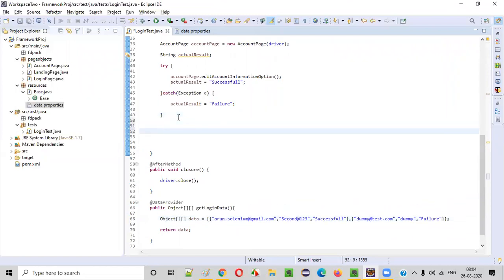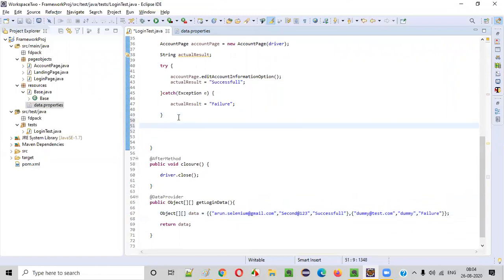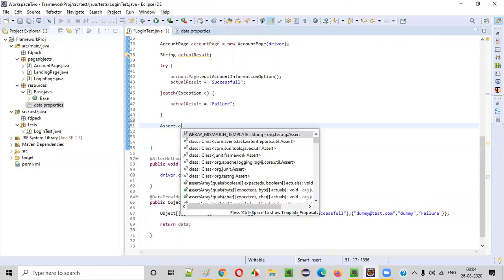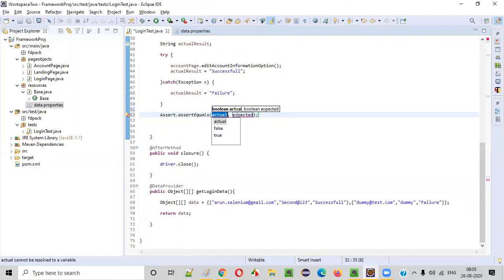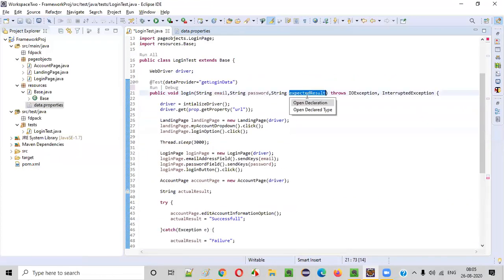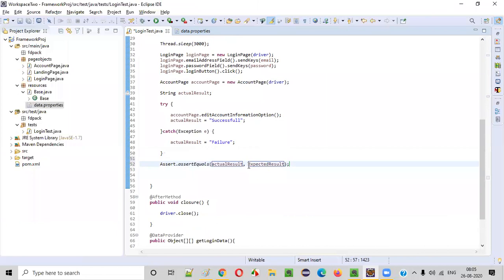Now here you can say Assert.assertEquals, actual and expected. Here I will say actual result and here I will say expected result. If these two match, that means the test will pass.